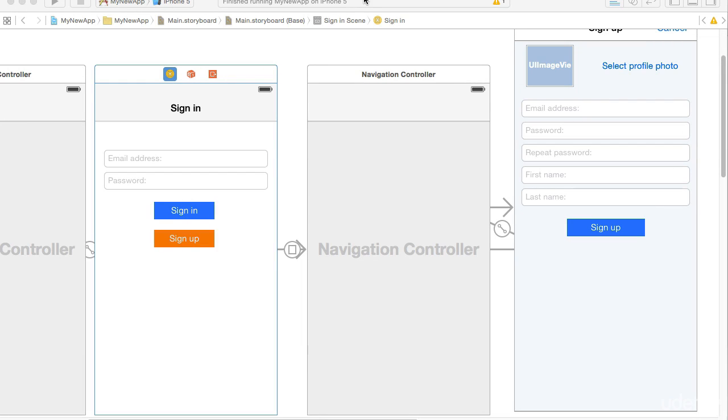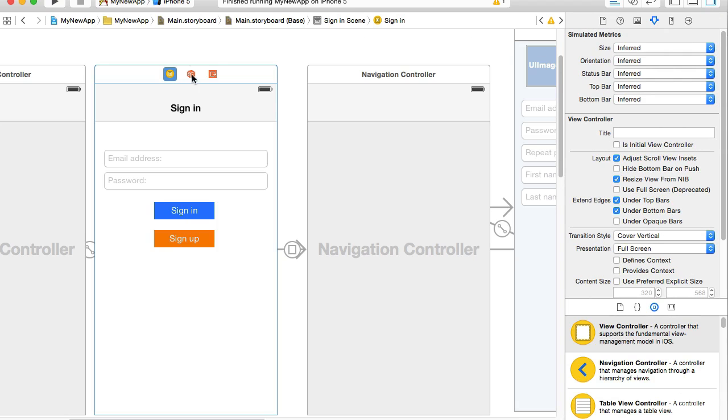In this video, I'm going to show you how to implement password reset functionality. I will work with a sign-in page to add one more button, which will trigger a new user interface which will be used to reset our password. So I will select my sign-in view controller, and